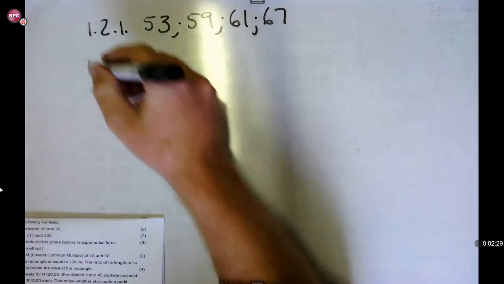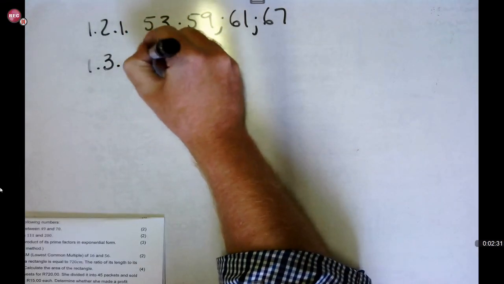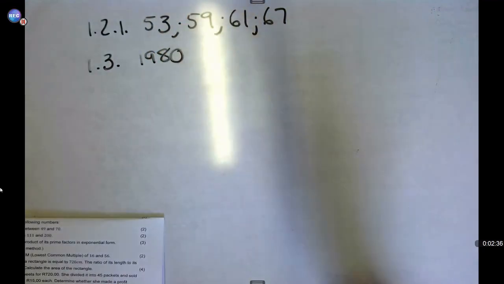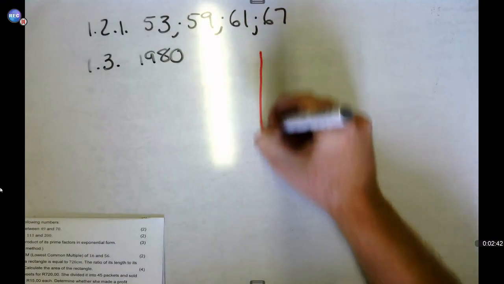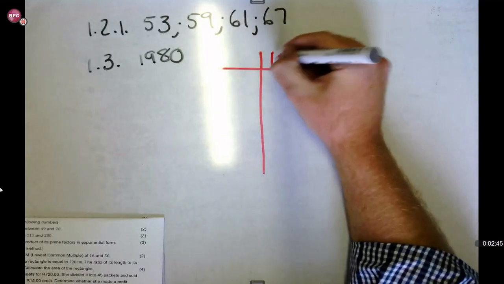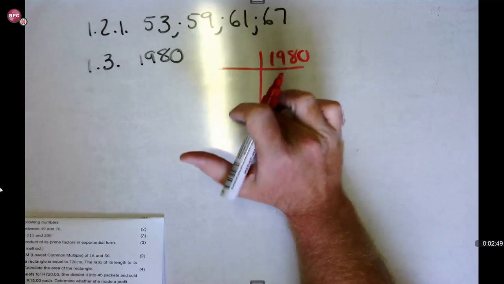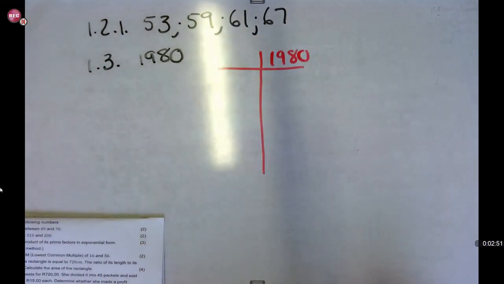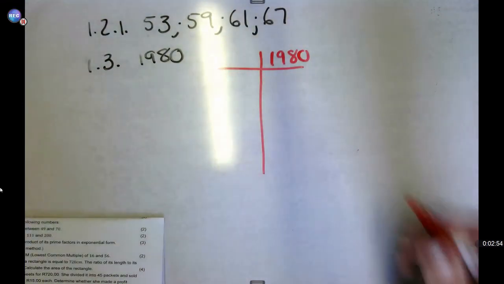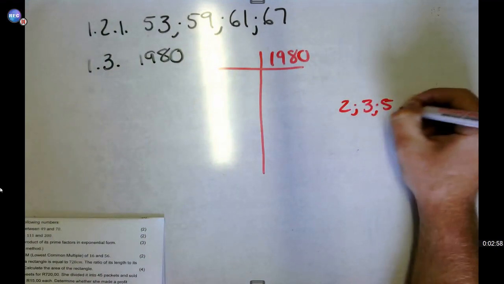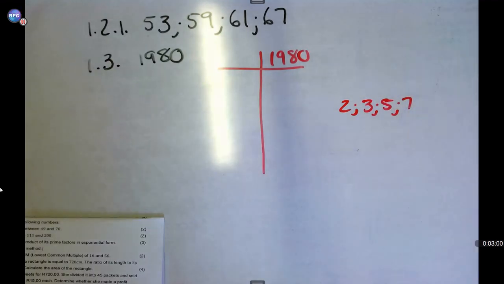So for this question, they're looking for the prime factors of 1980. What you need to understand is that when you draw your ladder, it must look as follows. So obviously you draw your ladder. The 1980 will always be on the right, and your prime numbers will always be on the left side. So you need to understand that you've got prime numbers that start at 2, then go to 3, then 5, and then 7, etc.